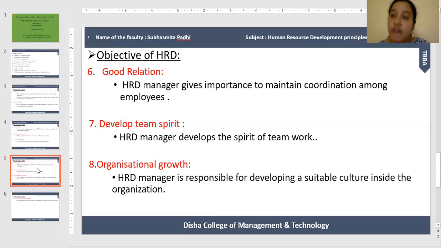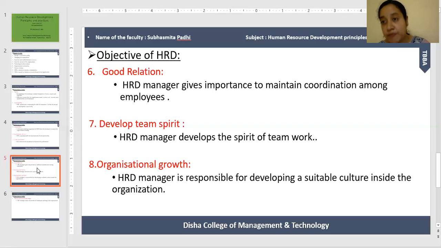But if they don't have a proper culture, if there is no proper climate in the organization, then it is not possible for the organization to utilize the developed knowledge, skills, and abilities of human resource. So it is not possible for the organization to achieve its objective. So for achieving its objective, they have to utilize the developed skills, knowledge, and abilities of human resource. For that reason, there should be a proper work culture in the organization,